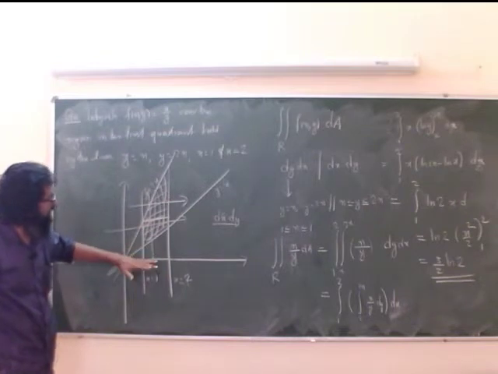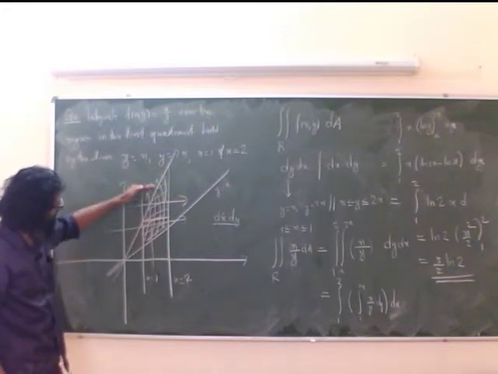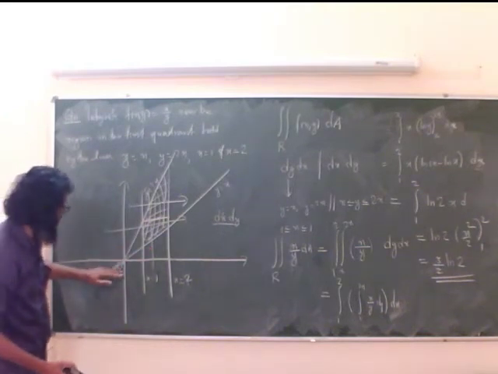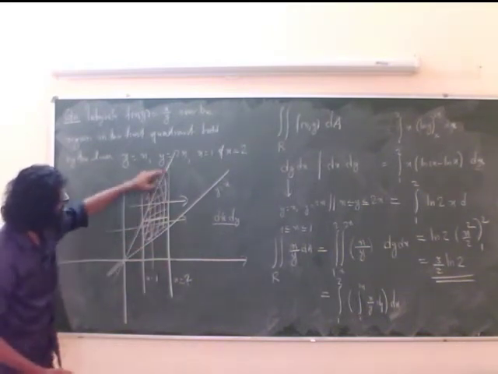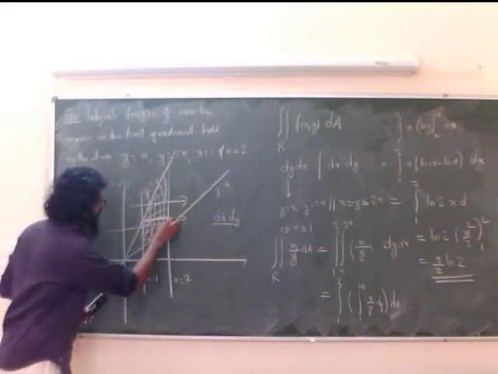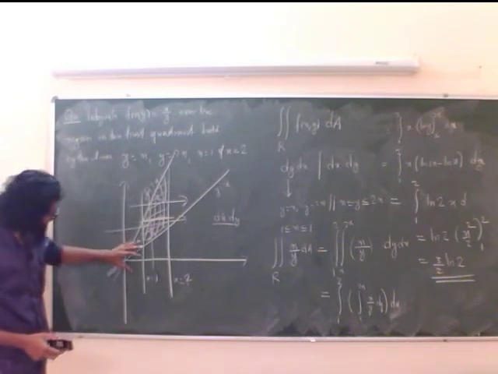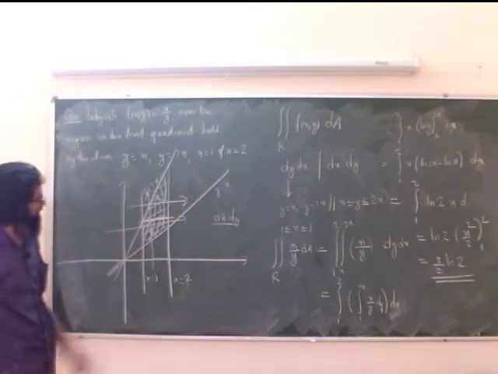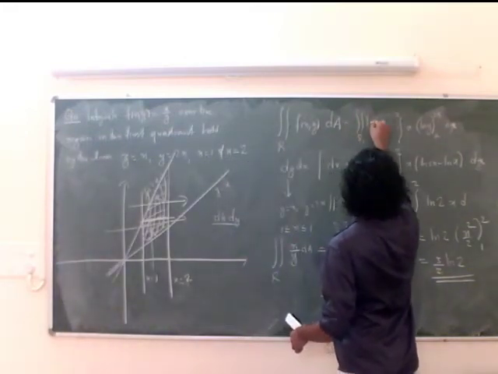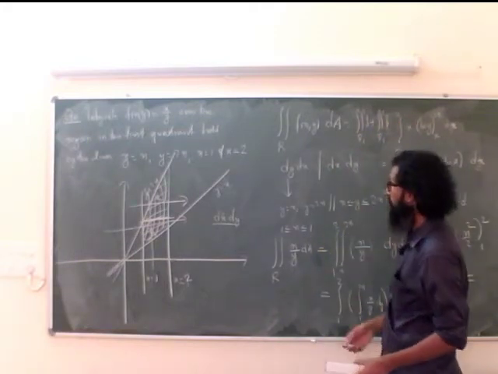So in this problem, to include all such horizontal lines, I have to vary my y from 1 to, actually this is 4. So the y variation is 1 to 4, but I have to split my region into R1 and R2, and in these two regions you have to find the x limits and y limits separately. At that time, this is equal to the double integral over R1 of f plus the double integral over R2 of f. So you have to do the problem in that way.